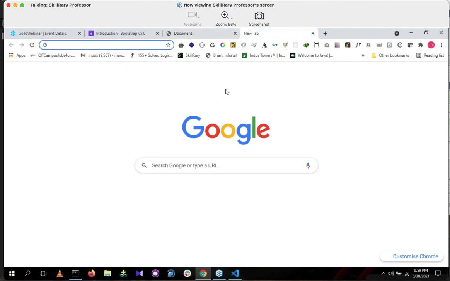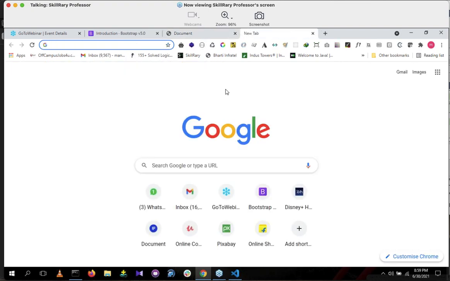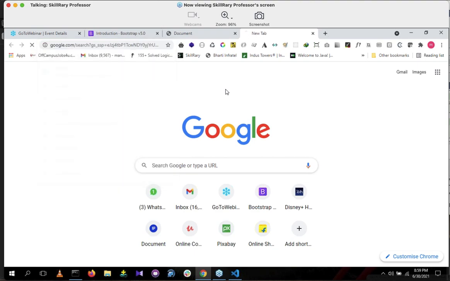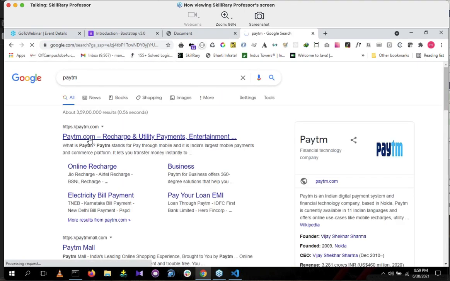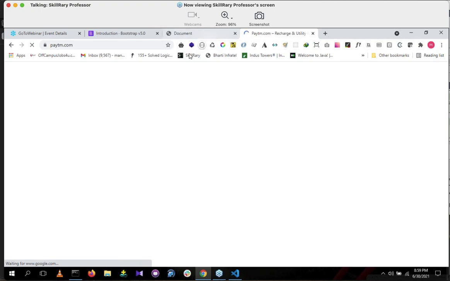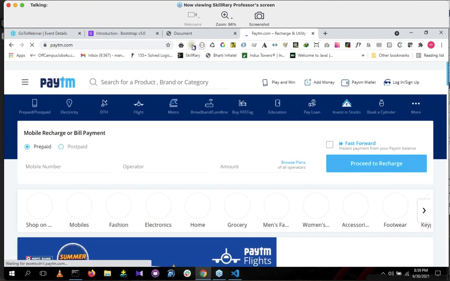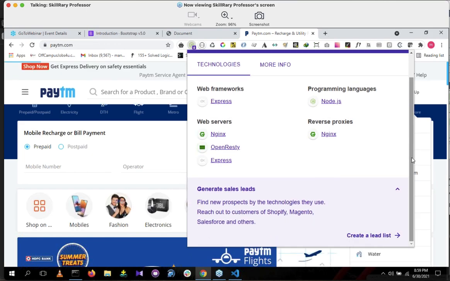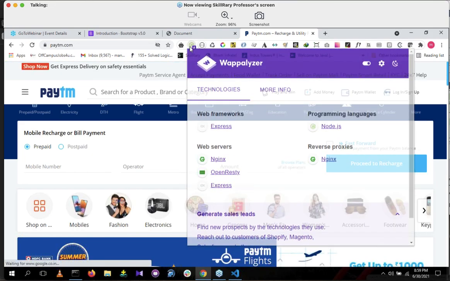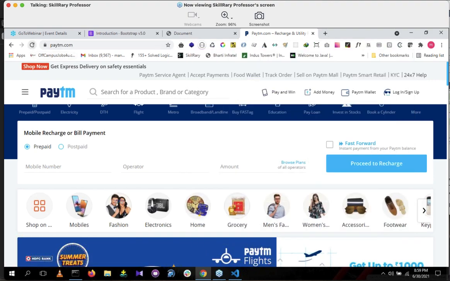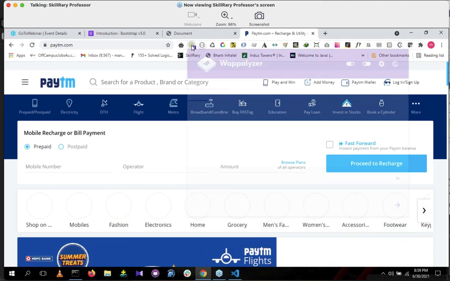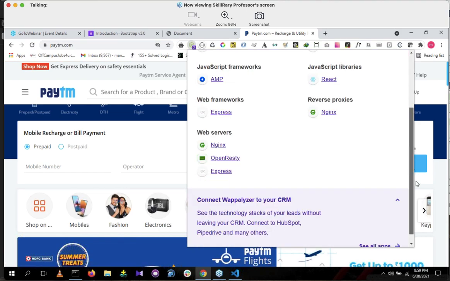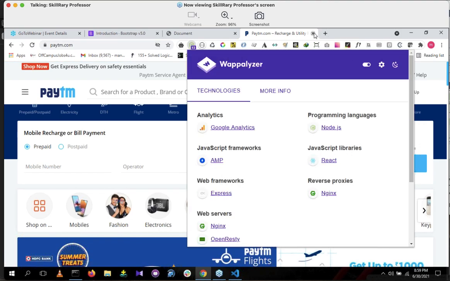We'll go to something like Paytm. Some websites are using Bootstrap. Let me check. No, this one is also not using it.